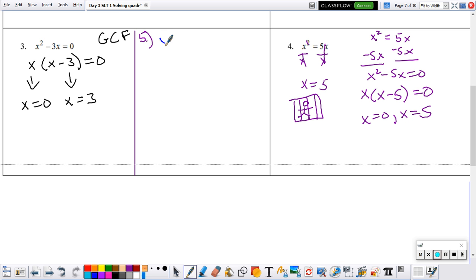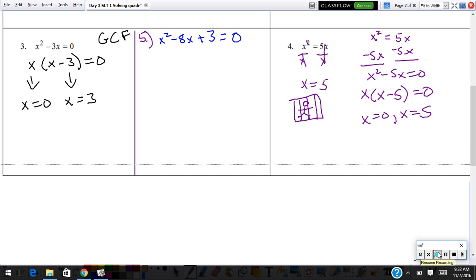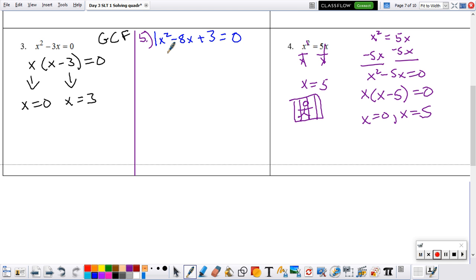Let's say we've got x squared minus 8x plus 2. Now let's make it a 3. Equals 0. So this is a good problem. This does not factor. There are no numbers that add to -8 and multiply to 3. Now, what is in front of the x squared? A 1. And because that is a 1 and 8 is even, this is a great candidate to complete